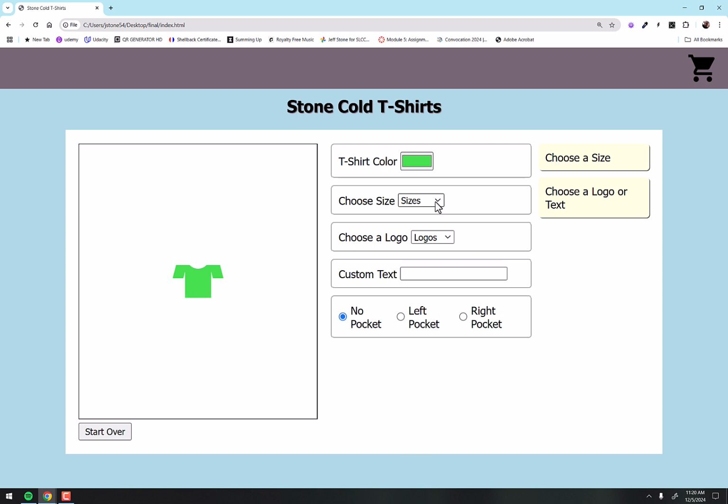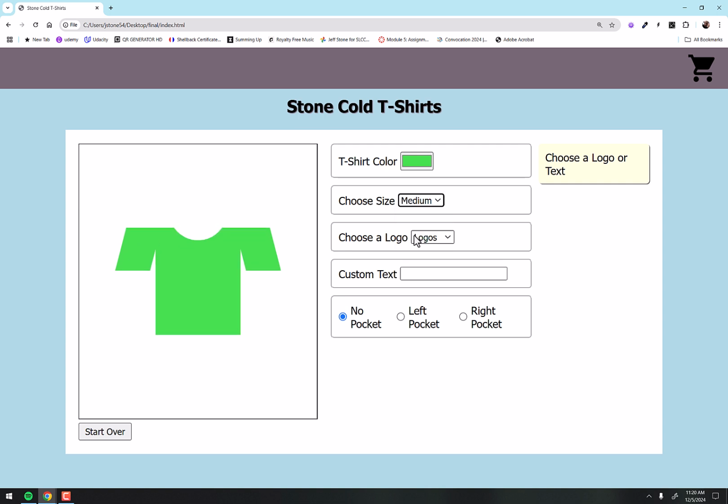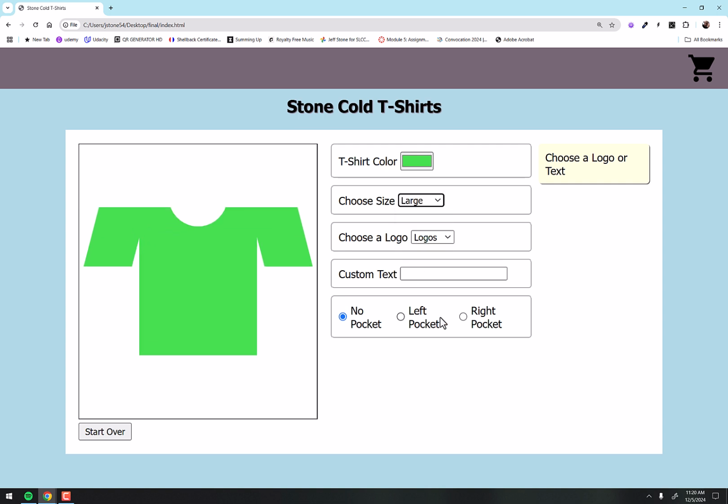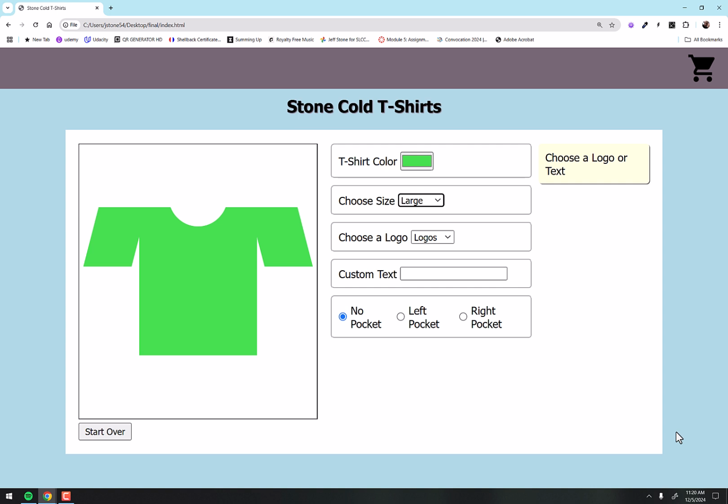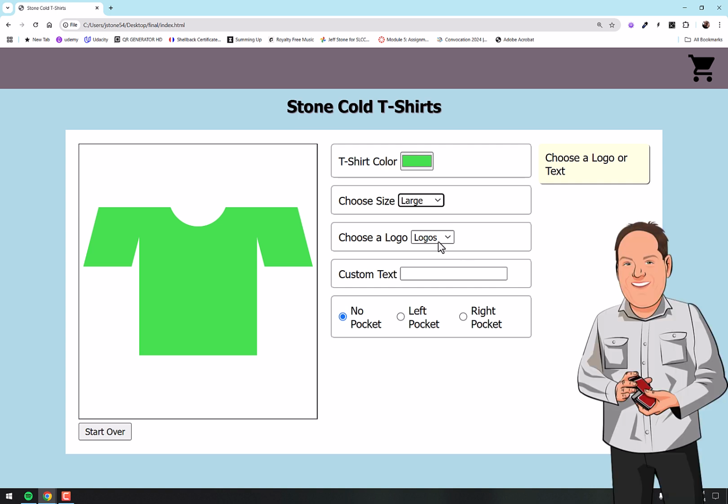And now the next thing, when you choose a size, you will see that's the small version, what a small looks like. And that is a medium, and that is a large. And you'll notice that that little neck thing looks funny as it's resizing, because that is that circle div I was telling you about. I had to reposition it as I change the sizes. Okay, so we're going to go to a large here. Notice also that it animates. That's also required, right? It doesn't just go from small to large or whatever. It has to animate.